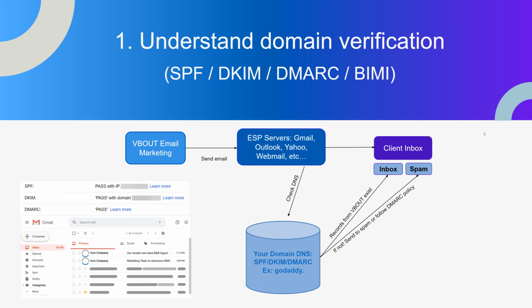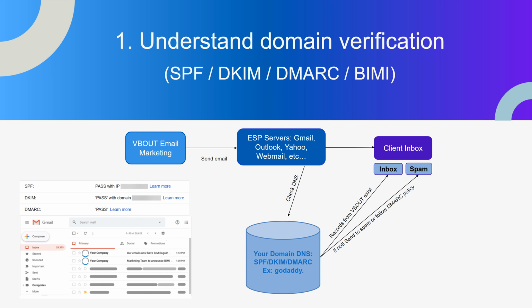The first thing you have to do is get your technical implementation right. This honestly takes just a few minutes as long as you have access to your domain DNS from which you're sending out your campaigns. I've done tons of videos on this. It takes literally about 4 or 5 minutes of your time. Just to explain it briefly, you have 2 main keys, SPF and DKIM, and you have some optional keys which, sure enough, by the time you watch this might also be required: DMARC policy and BIMI, which builds on